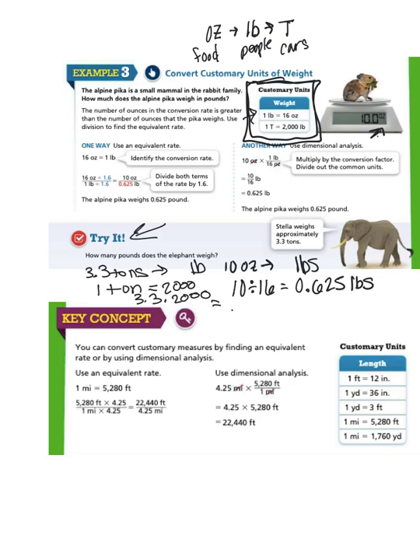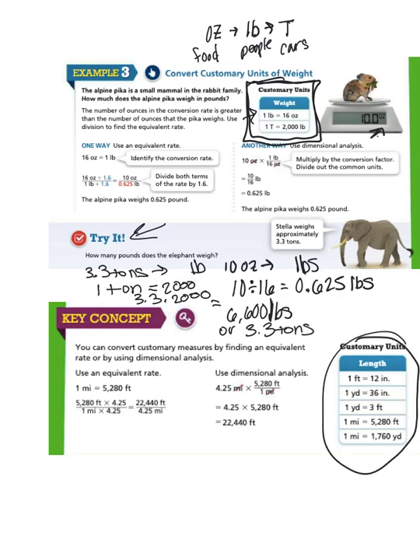If you came up with 6,600 pounds, you would be correct. The elephant weighs 6,600 pounds or 3.3 tons. So again, we are using these unit charts to convert from one unit of measure to another unit of measure. We're talking lengths, we're talking weight, we're talking